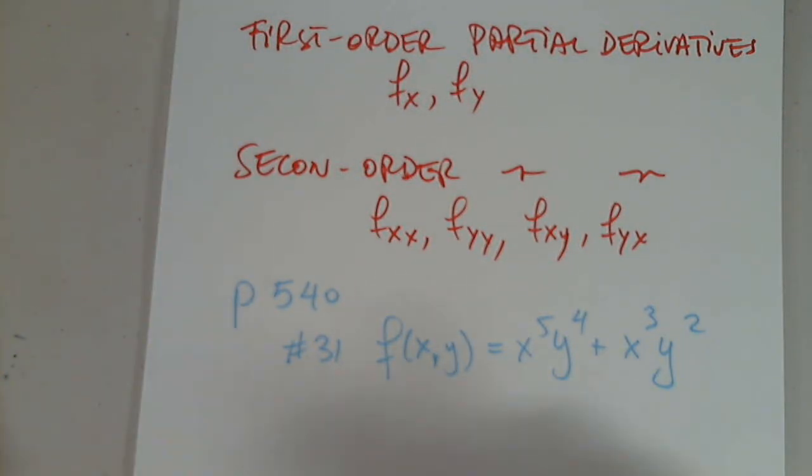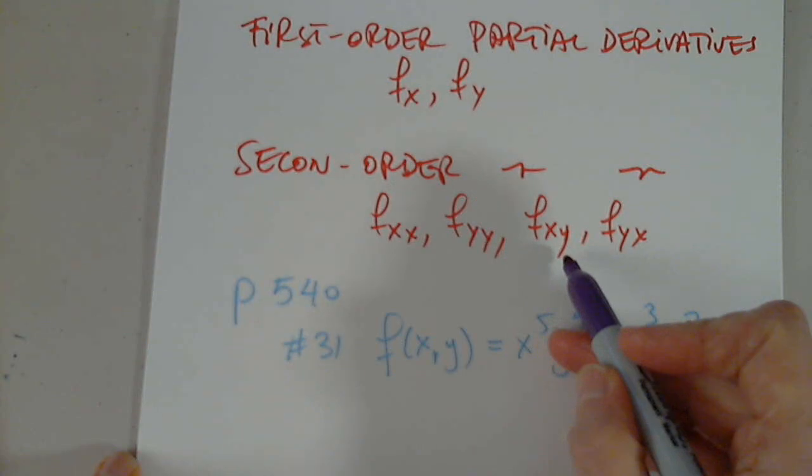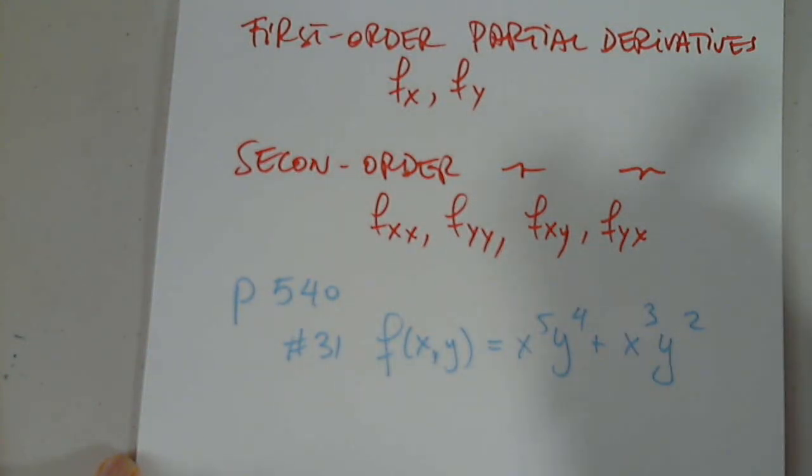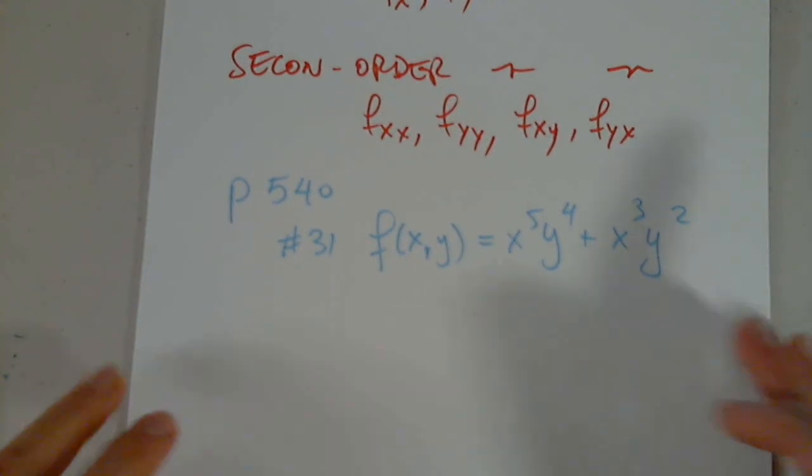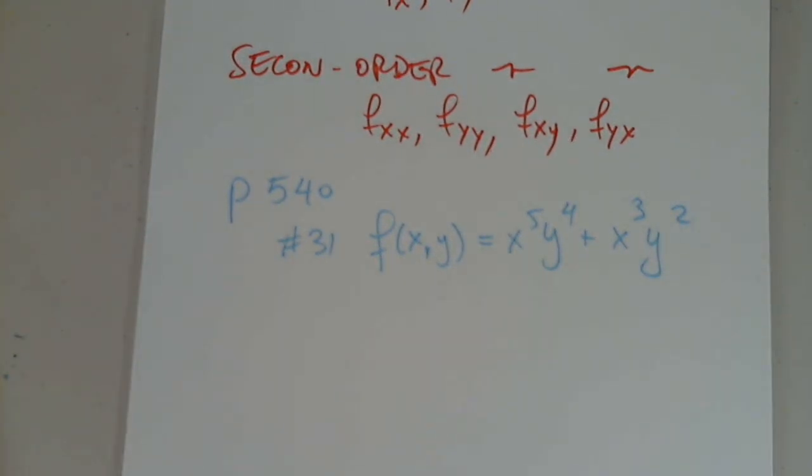I cannot determine fxx, fyy, fxy, and fyx before I determine fx and fy. Like before, we couldn't determine the second derivatives